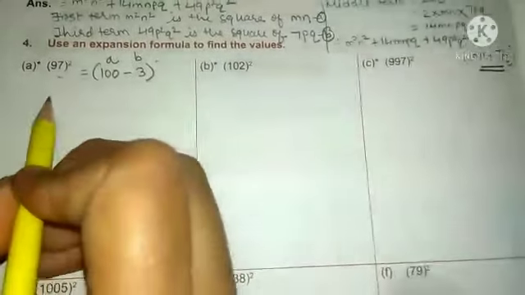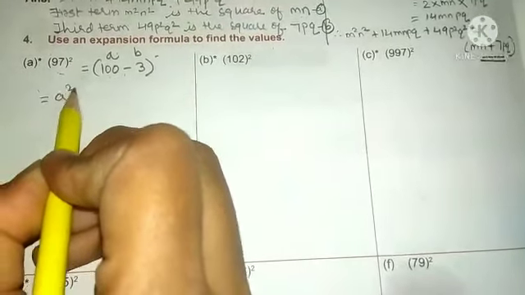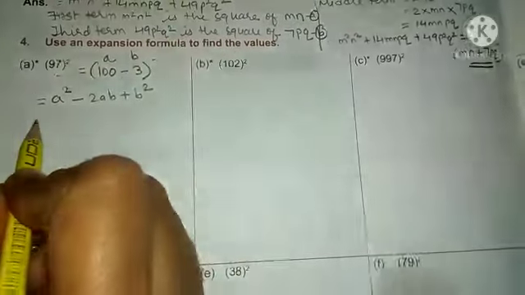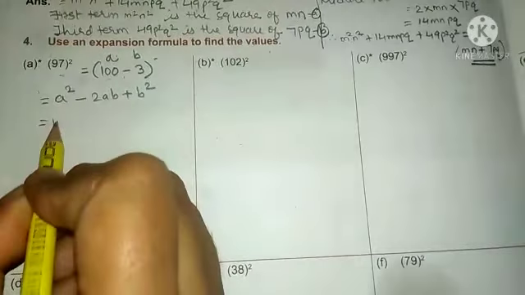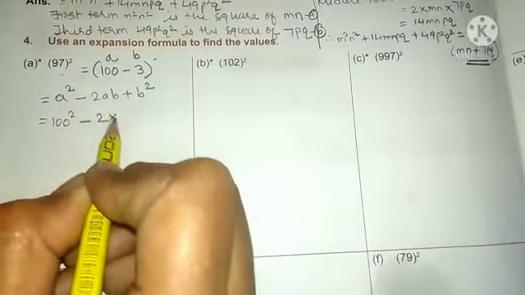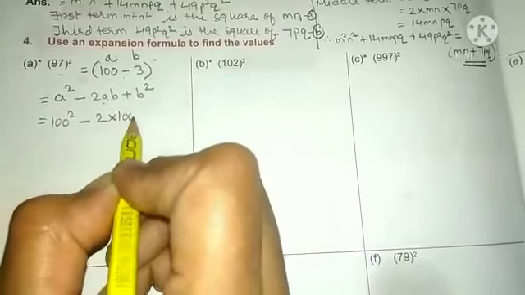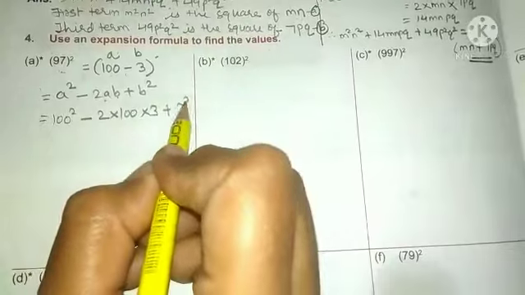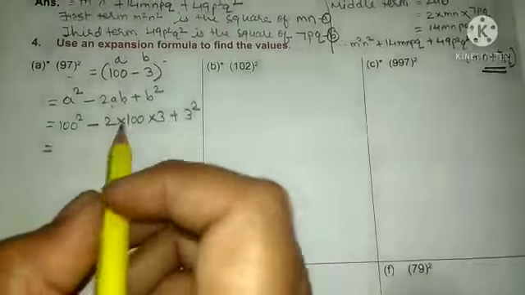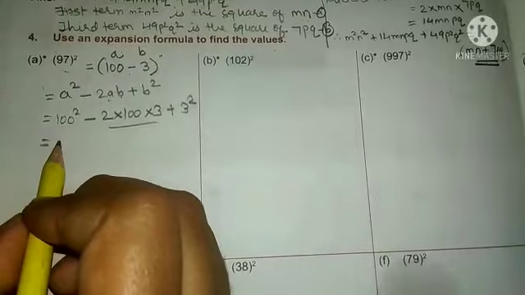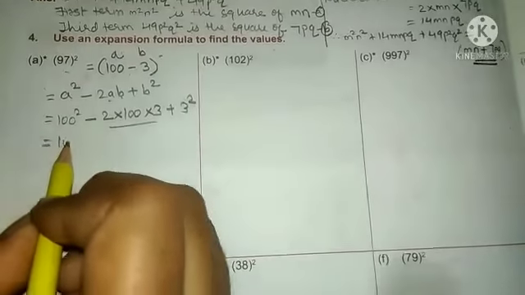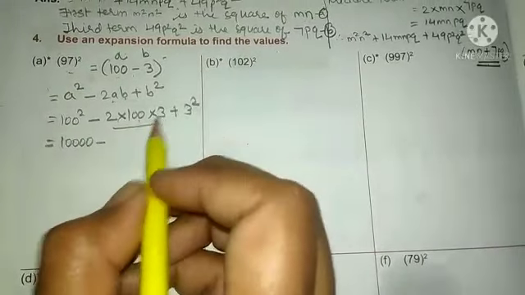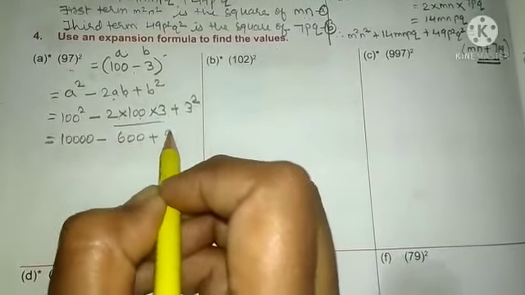The formula. Now here your formula will be A square minus 2AB plus B square. Clear? Now A square, in the place of A you will take 100. So 100 square. 2 will come as it is. Again 100 means you again 100 you will take. Then B means 3 you will take, and B square means 3 square. So here first find out the square and multiply this middle term. So 100 into 100, what you will get? You will get, that is 10,000. 2 into 100, 200. 200 multiply by 3, you will get 600 plus 3 3s are 9.